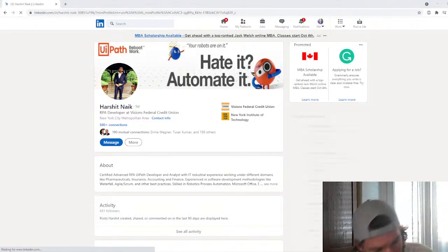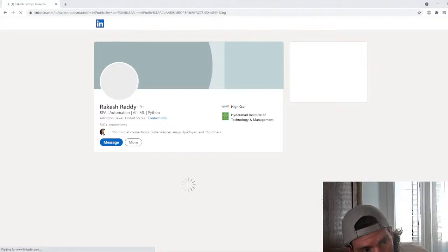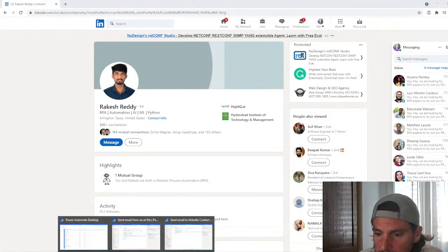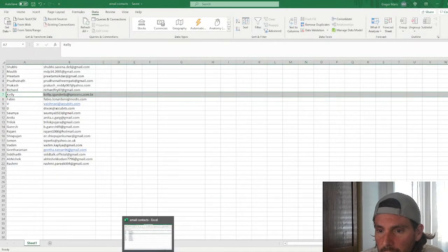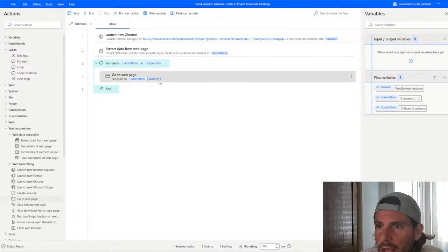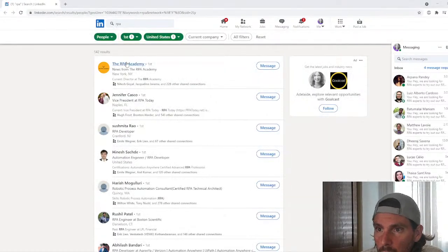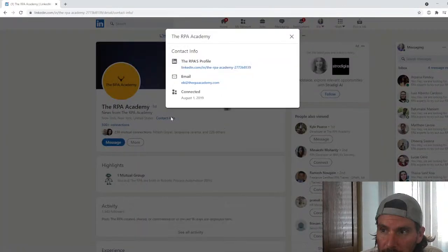Let's just cycle through a couple and see if anything is going. All right, this is still cycling. Let's stop it. All right, it has finished by itself. So what we have right now is a pretty good automation that cycles through all of the links that we need. Now, what we need to do next is click on the contact info and